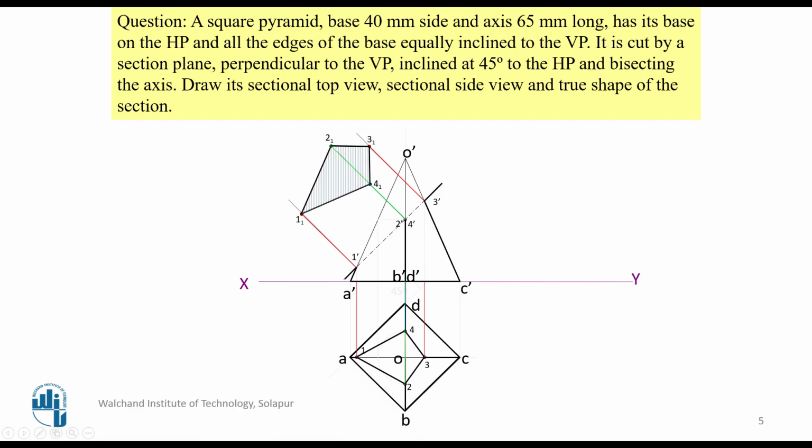Then you may go for the hatching of this particular line. These are the hatching lines. So you have completed the true shape sectional top view. Now you are going for the side view. In one of the orthographic topics I explained the 3 methods of taking the side view. You can refer to all those 3 methods here also. Whichever method you feel comfortable with, you can use that method. One more important thing to remember, at the end you have to make this particular point to this particular point a dark line, not an axis line. I have just kept it for reference purposes here.